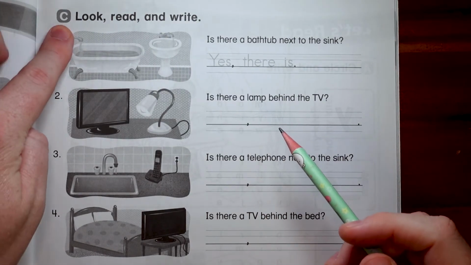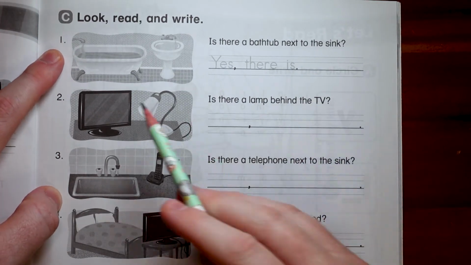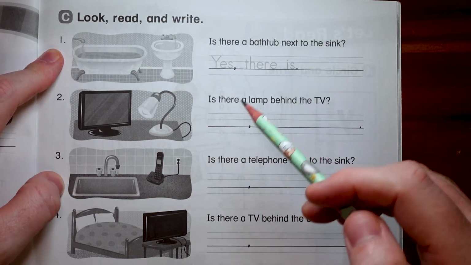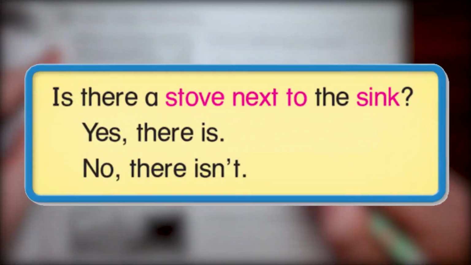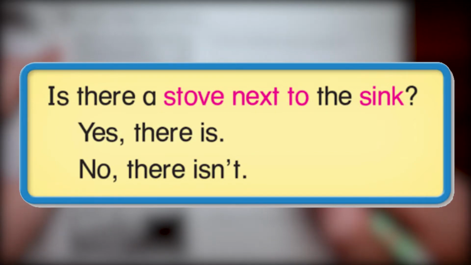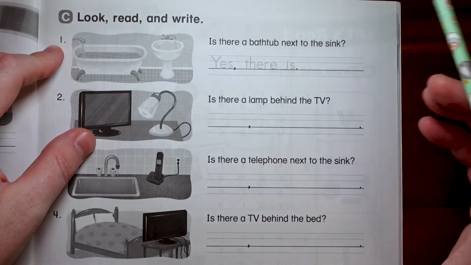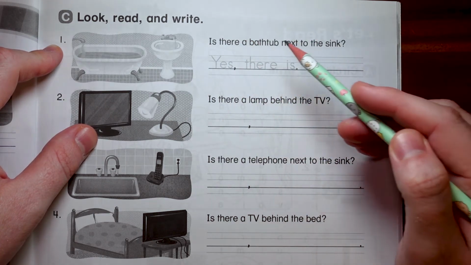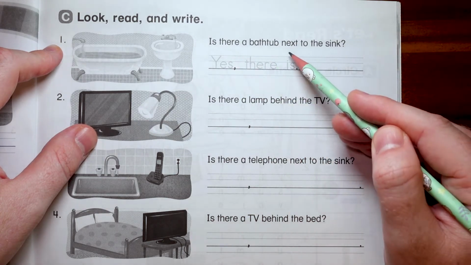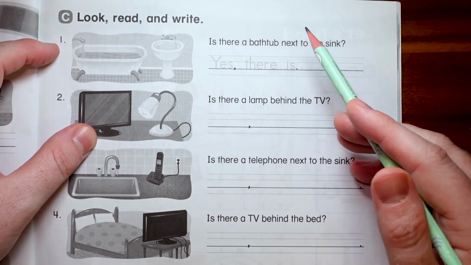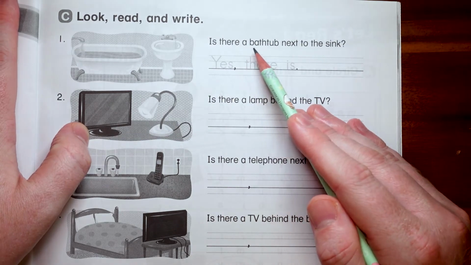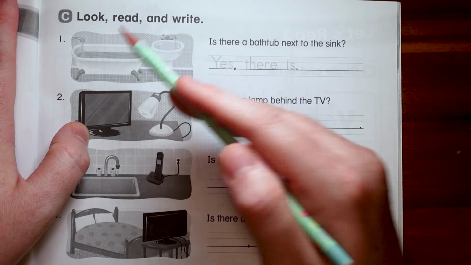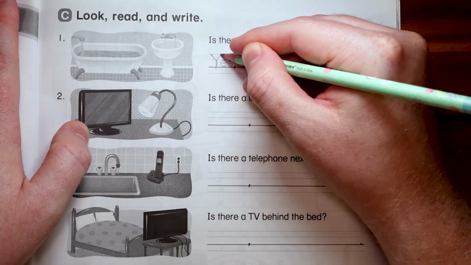Okay, this is part C, and part C says, look, read, and write. And we have a yes/no question. So let's go ahead and remember what our answers are. Good. If we ask, is there, then we can say, yes, there is, or no, there isn't. Let's look at the pictures and figure it out. Is there a bathtub next to the sink? Well, here's the sink. Here's next to. Yes, there's a bathtub. So we'll go, yes,